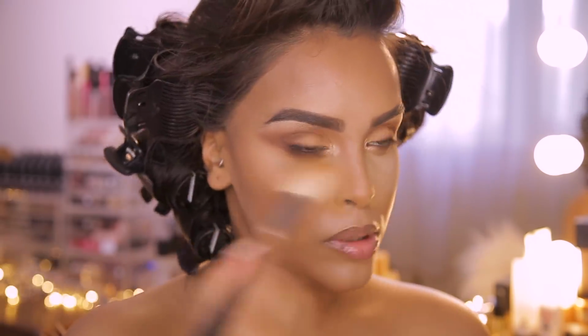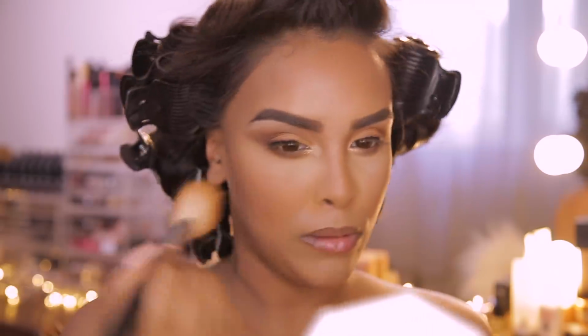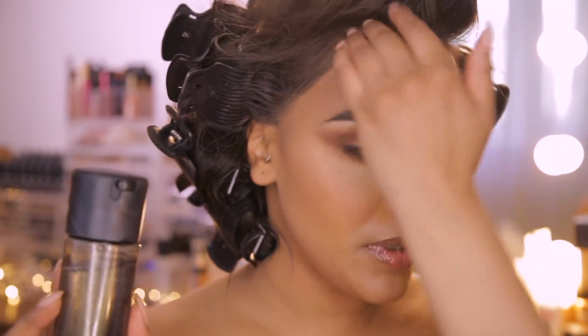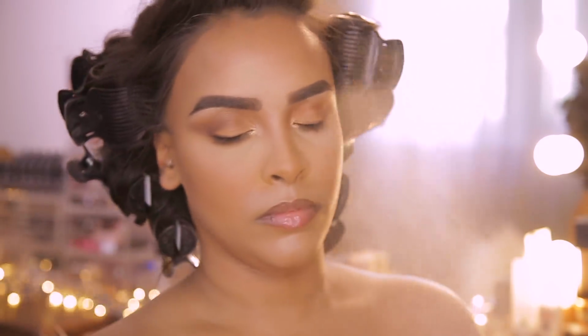Just go over with your bronzer brush and just soften everything up in case there are any harsh lines. I'm just going to spritz my skin with a little bit of MAC's Charged Water. This is the charcoal spray. I'm spritzing this because this one's meant to be a little bit more hydrating, so I just want to get rid of that powderiness and make my skin look a bit more like skin